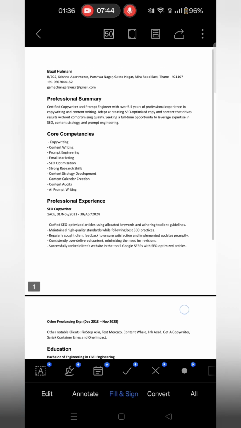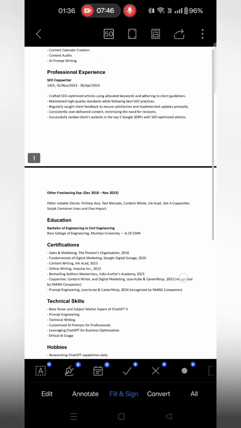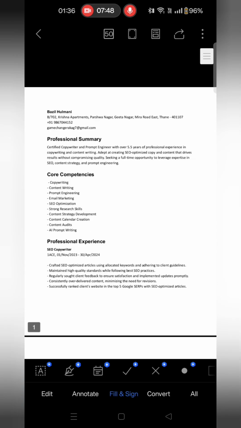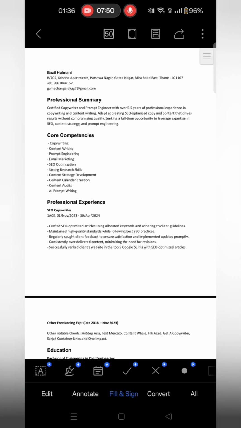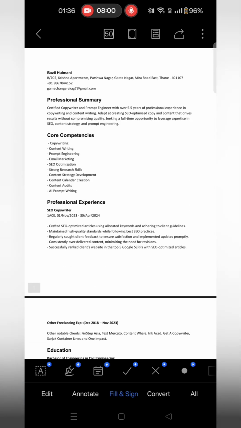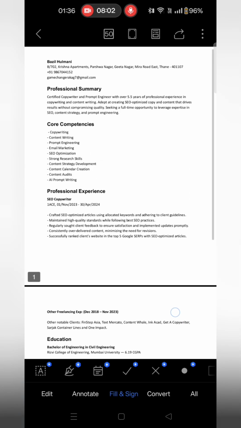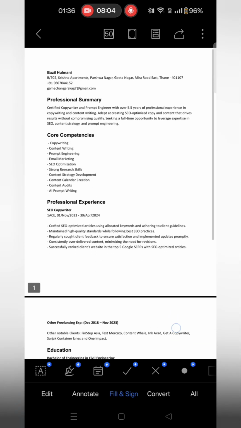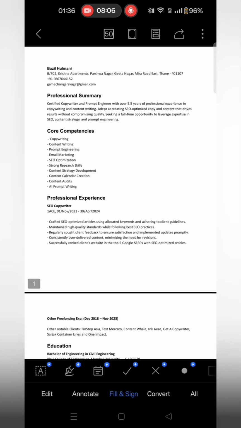This resume is now ATS optimized. It is crisp, clear, concise, and it has all the relevant details which should be there in an ATS optimized resume. And it is 2 pages, not really that long, according to the requirement of a resume.